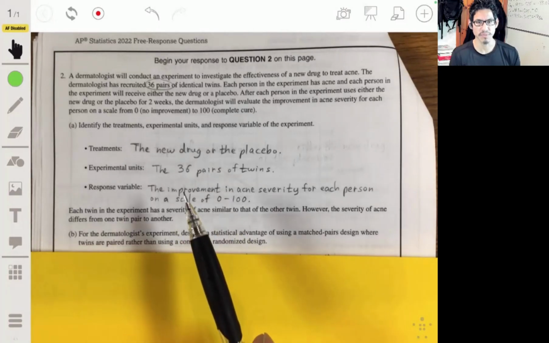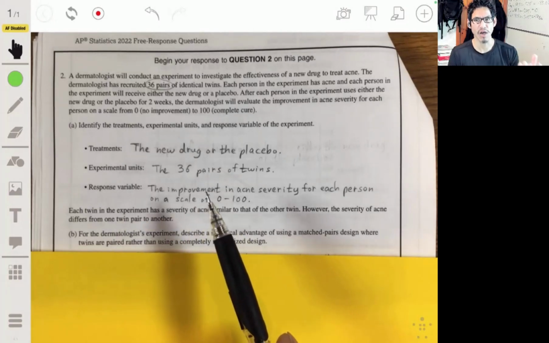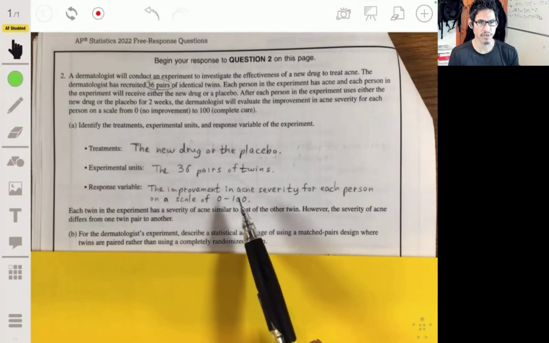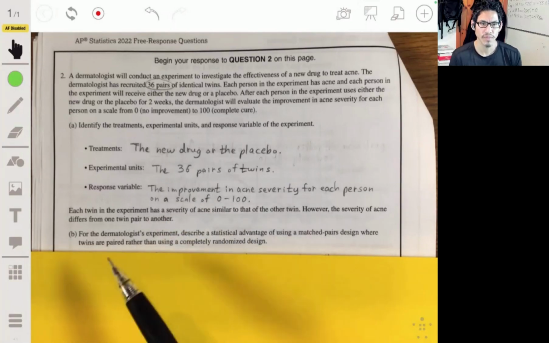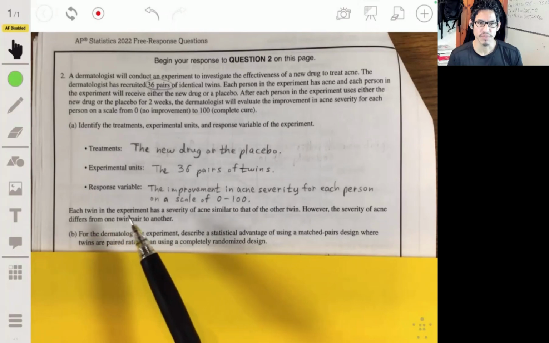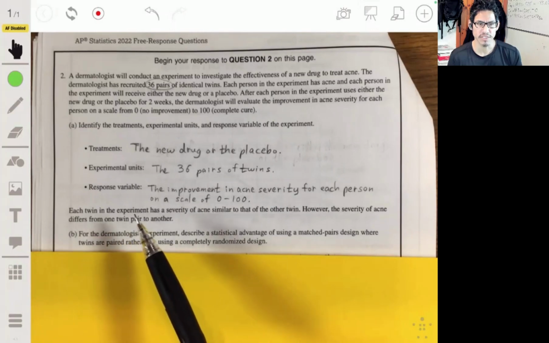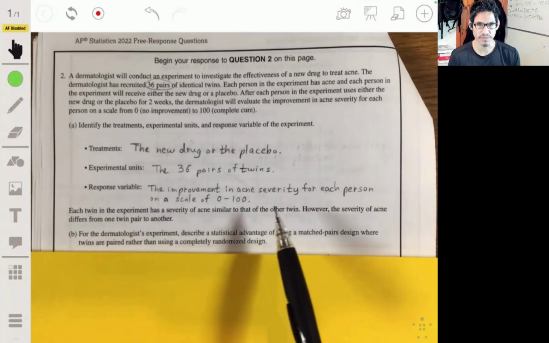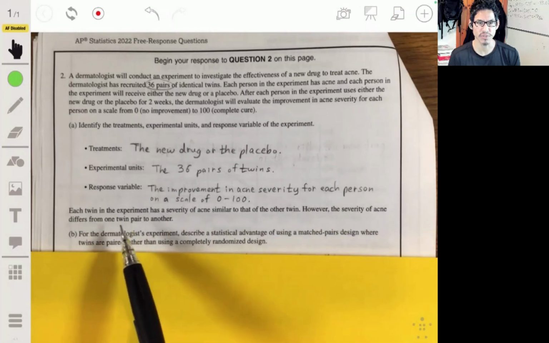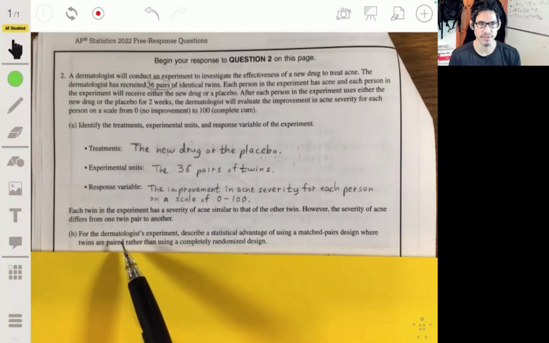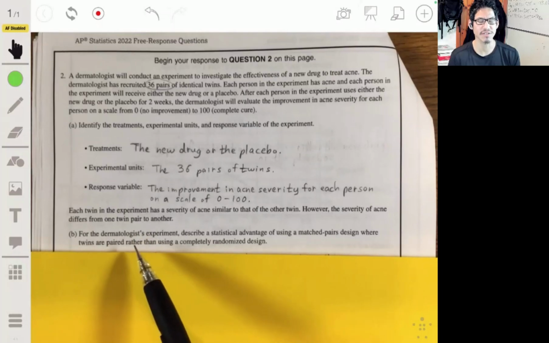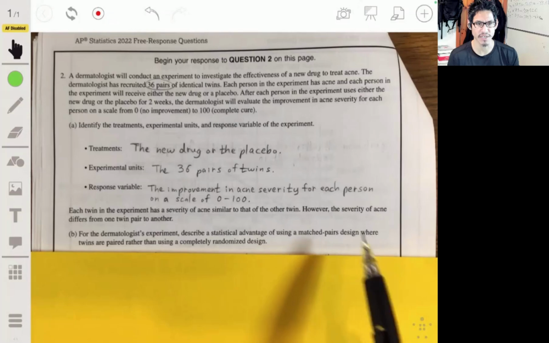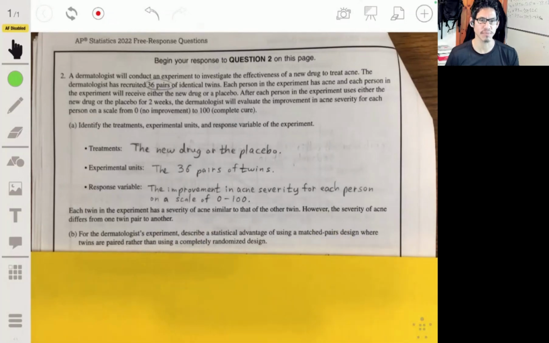The response variable is going to be the measurement of how much they improved. So that measurement is on a scale of 0 to 100. All right, part B: each twin in the experiment has a severity of acne similar to that of the other twin. However, the severity of acne differs from one twin pair to another. For the dermatologist experiment,